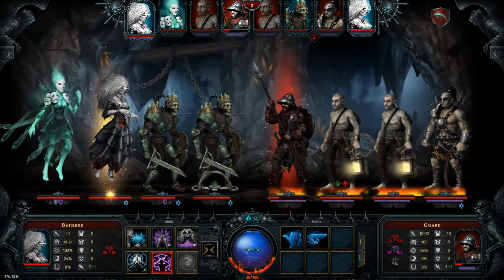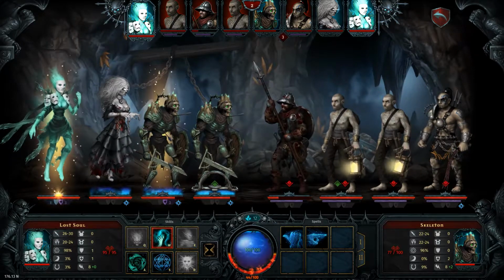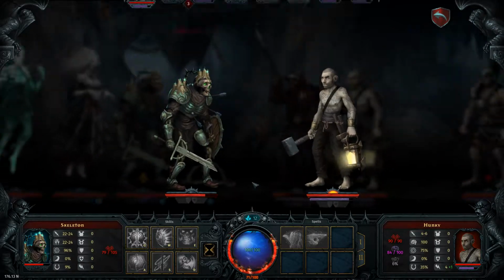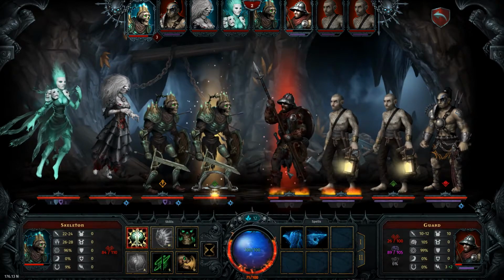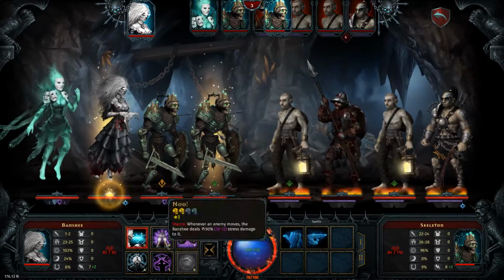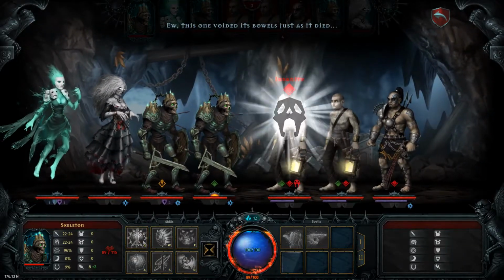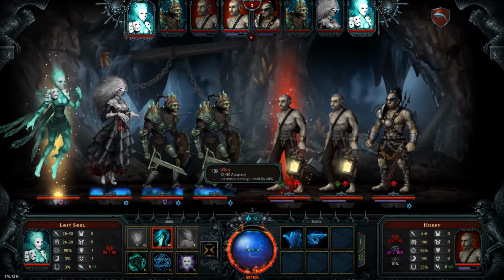We will reduce damage. I will have a little heal. Because I think that's some kind of stun. I can't quite remember. So let's try and kill him off. Ah, really? That's a bummer. Right, let's finish him off. This one voided its bounds now, just as it died. We don't even need to worry about...